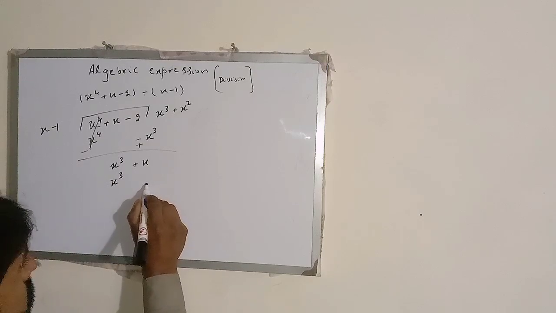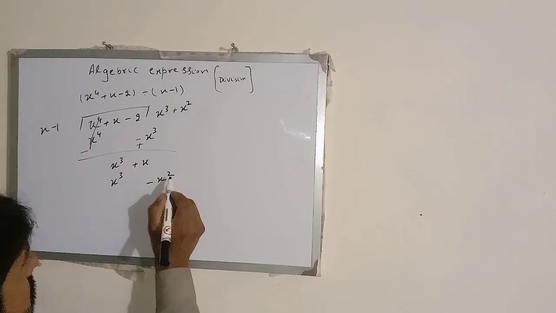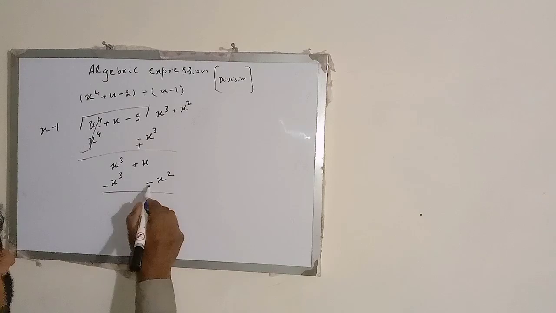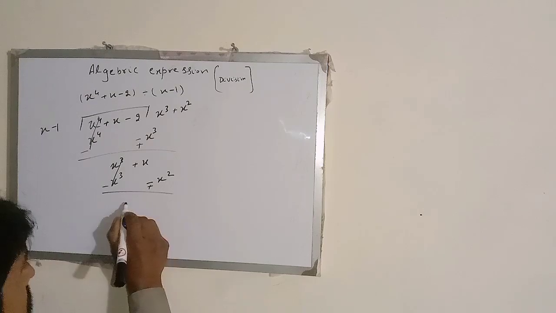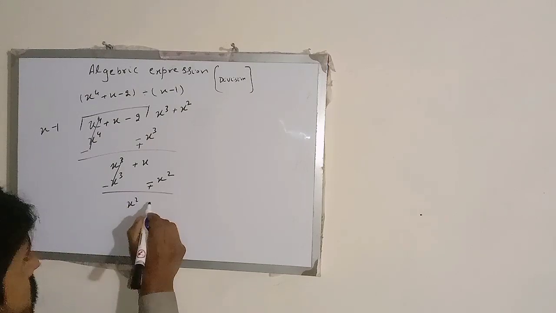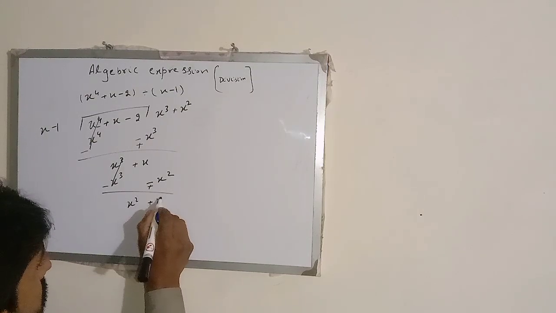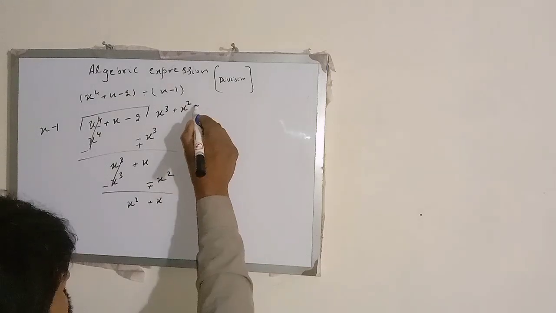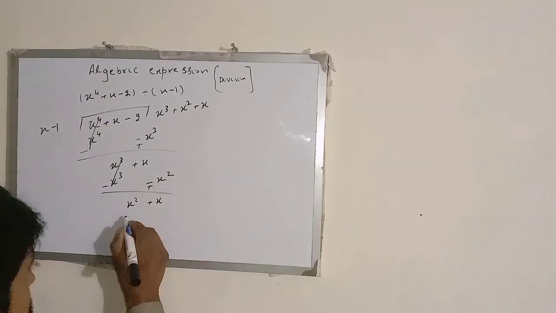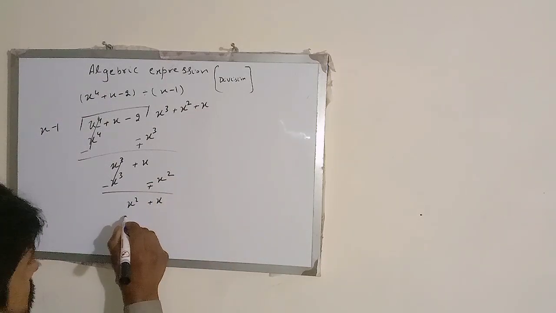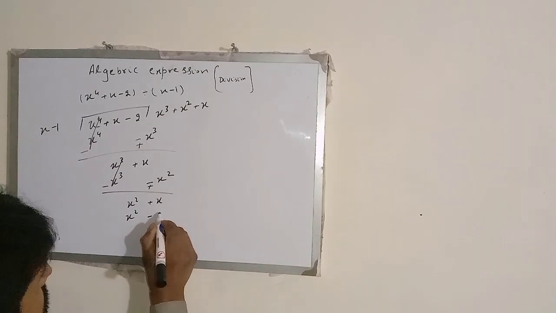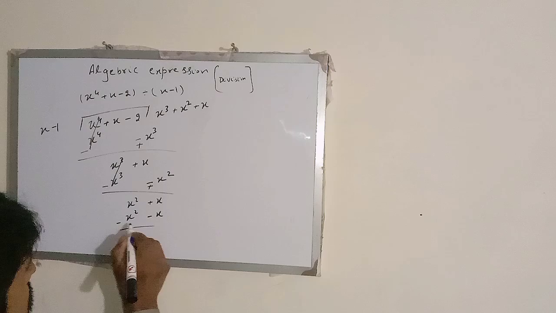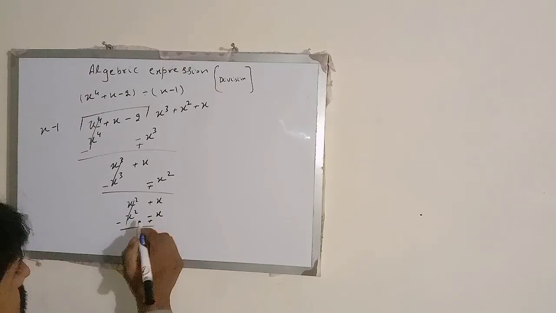x^3 - x^2. With the signs changed, they cancel each other. The result is x^2 + x. Now we multiply with x. The result is x^2 - x. Sign change. The result is